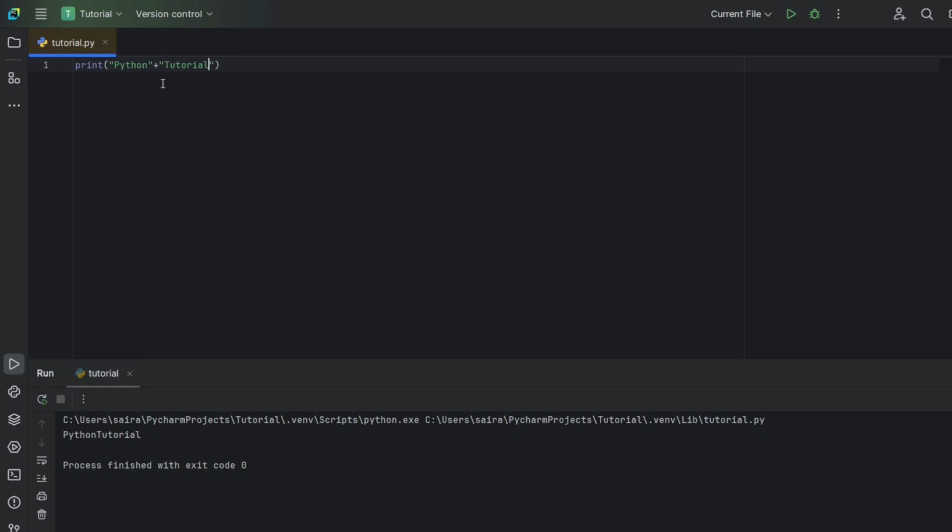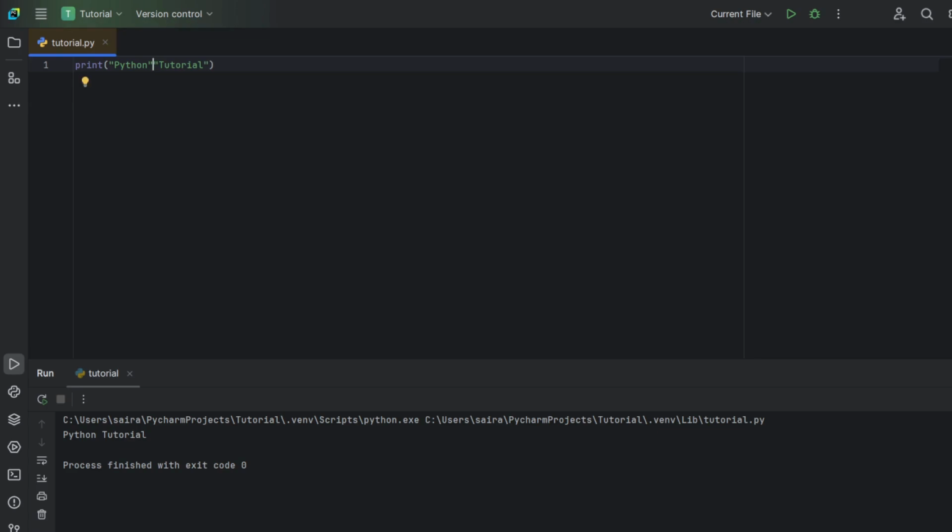But it's quite different from separating them with a comma. As you can see, the plus symbol naturally does not leave a space between the two arguments. But if we used a comma, it would leave a space.